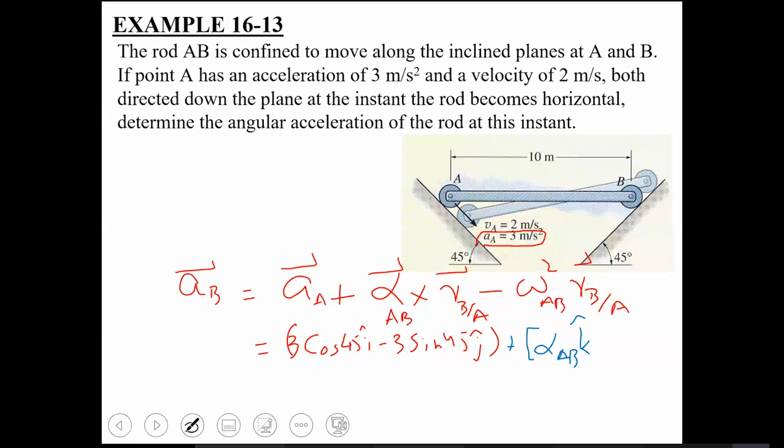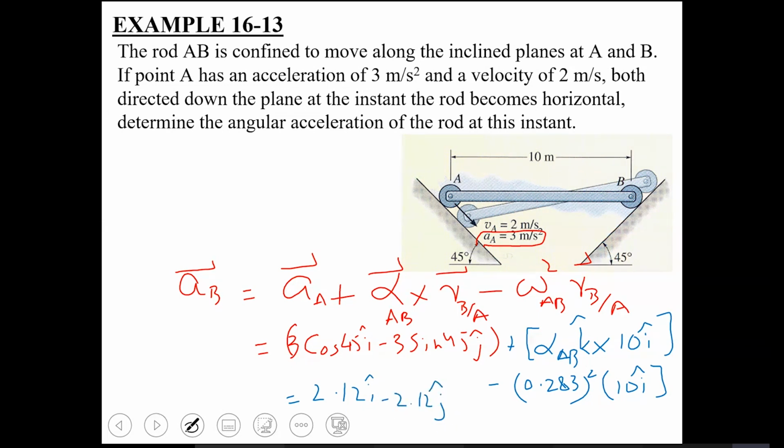Yes, sir. Okay, what about RBA? We have already discussed it. It is basically 10i. So आपके पास alpha cross R ये हो जाएगा minus omega square R. So minus 0.283, जो हमारे पास omega की वैल्यू आई थी. अब यहाँ देख लें इस इक्वेशन में omega is basically scalar वैल्यू आपने इस्तेमाल करनी है. बाकी चीजें वेक्टर हैं. So it is 0.283 square into 10i. Is this equation clear to all of you? Yes. So once you further solve it, 3 cos 45 would become 2.12, so 2.12i minus